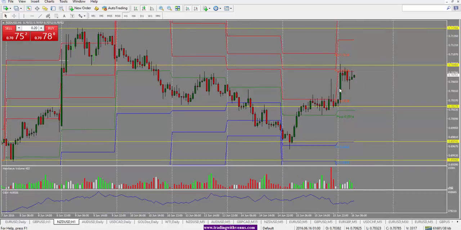Looking at the 1 hour chart, we have seen a big push up because of the positive GDP numbers. At this point, we'll be looking at this 0.7090 level. If the price holds below, we could see it come back here, fill in this inefficiency, and target the 0.7020 level. However, if it breaks above this level, breaks above this swing high here, we would be looking for a move back up to test the highs here.